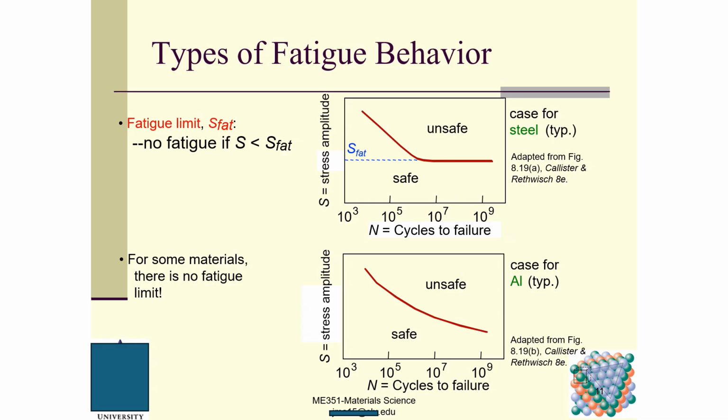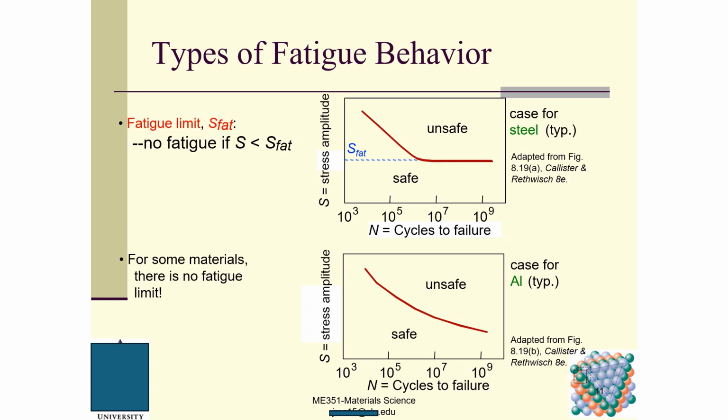Here is the number of cycles to failure, and here is the stress you apply. If the stress level you apply is less than this, it is denoted as fatigue here. And in computer-aided engineering or machine design, we use the endurance limit to denote this line. So this value is called